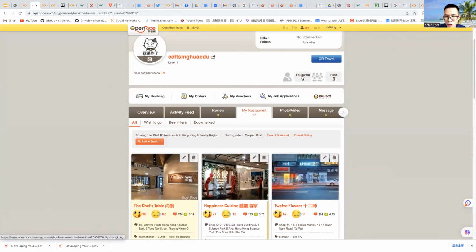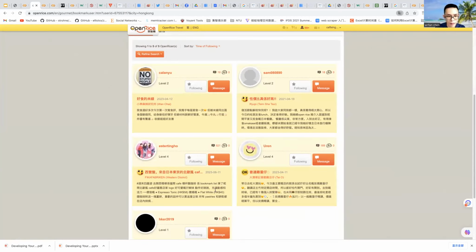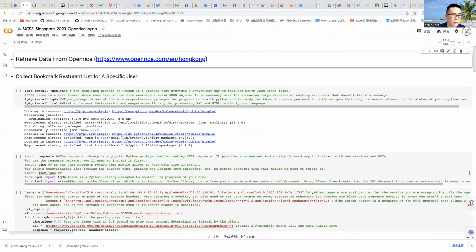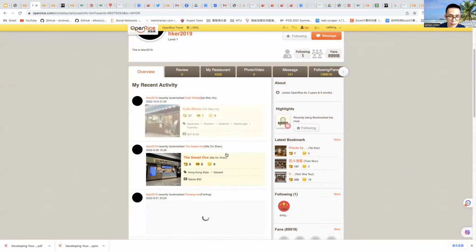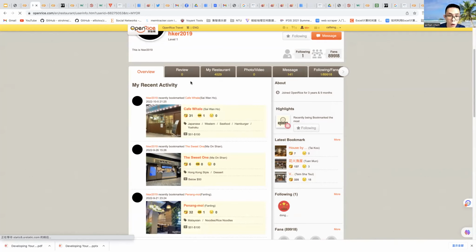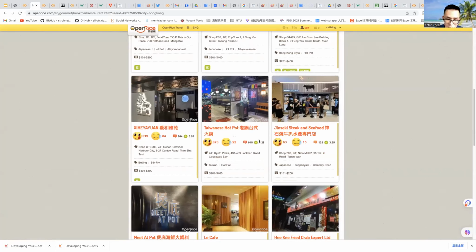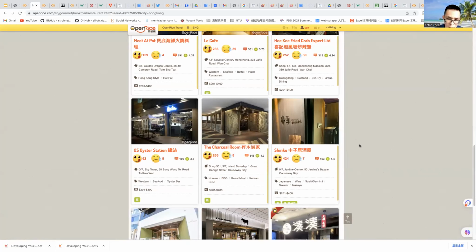I also follow some other users. The code here is to collect all the restaurants for this user, Hong Kong 2019. You can see there are more than 4,000 restaurants in this page.